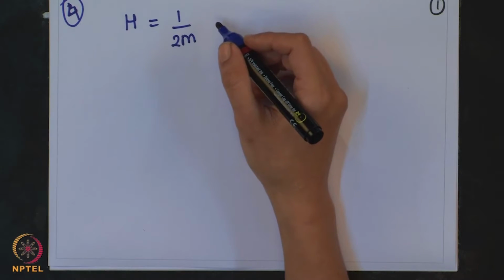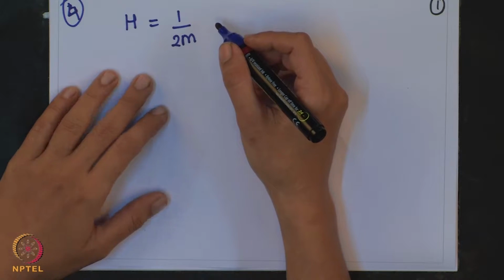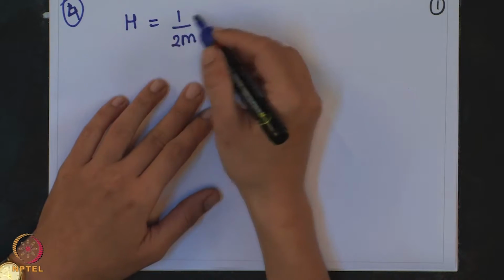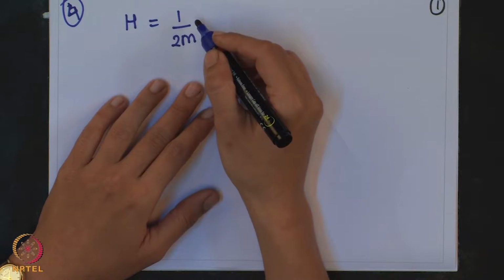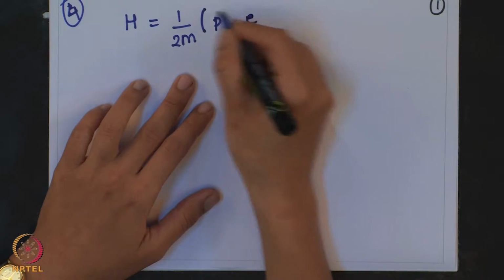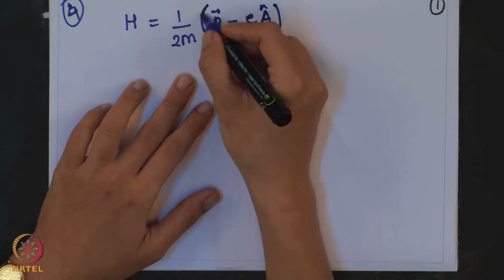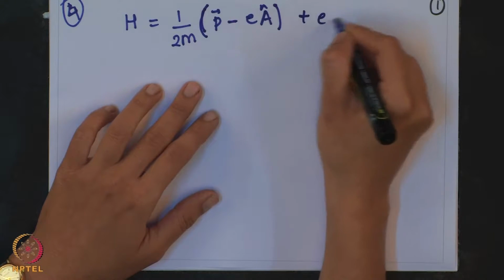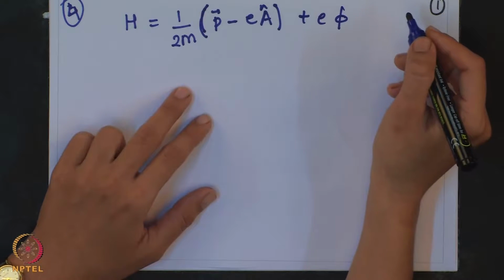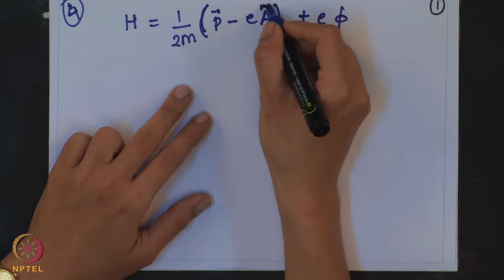A general representation of the Hamiltonian for a free particle we have seen is p square upon 2m, and here we have a particle which is charged in an electromagnetic field and its Hamiltonian is (p minus eA) whole square upon 2m, plus the scalar field phi, where A is the vector potential and this phi is a scalar potential which is given to you,